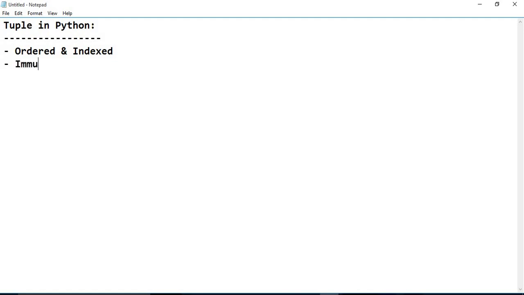We have discussed mutable: list is mutable and tuple is immutable. Immutable means we cannot modify. Okay.